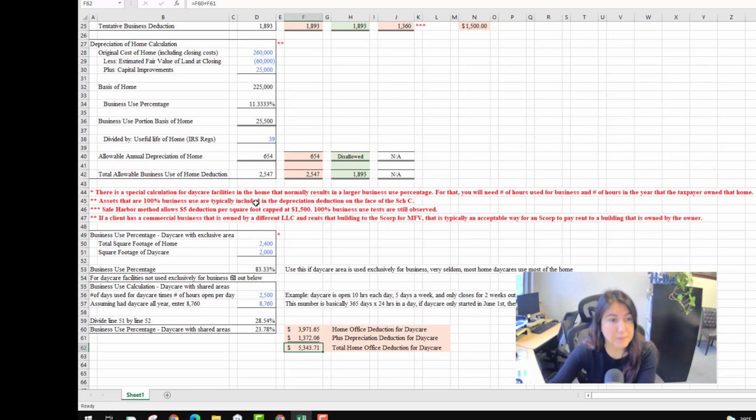Okay, so let me just make sure I went over all the things I wanted to explain to you guys. Oh yeah, assets. If an asset is owned 100% for the business, then that could be deducted straight on the Schedule C. And that's a complicated one. I think of it as something, maybe if you buy something for the garage that's going to be used 100% for the business. Maybe this homeowner runs an